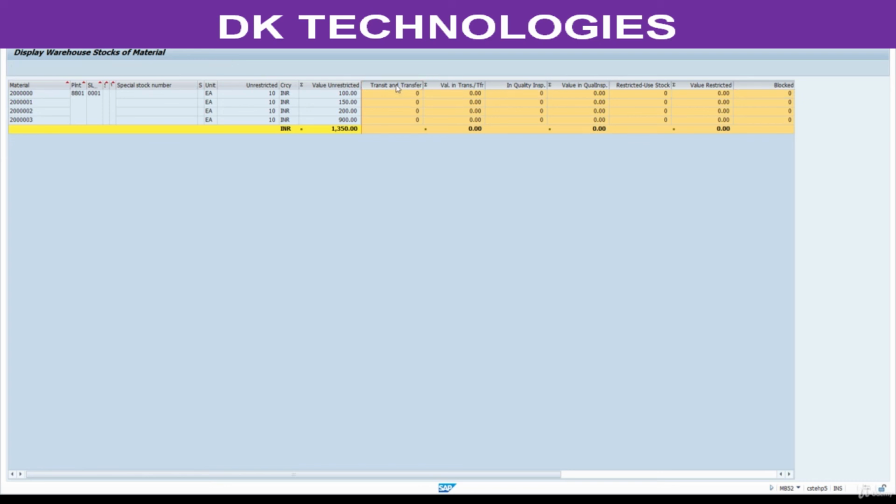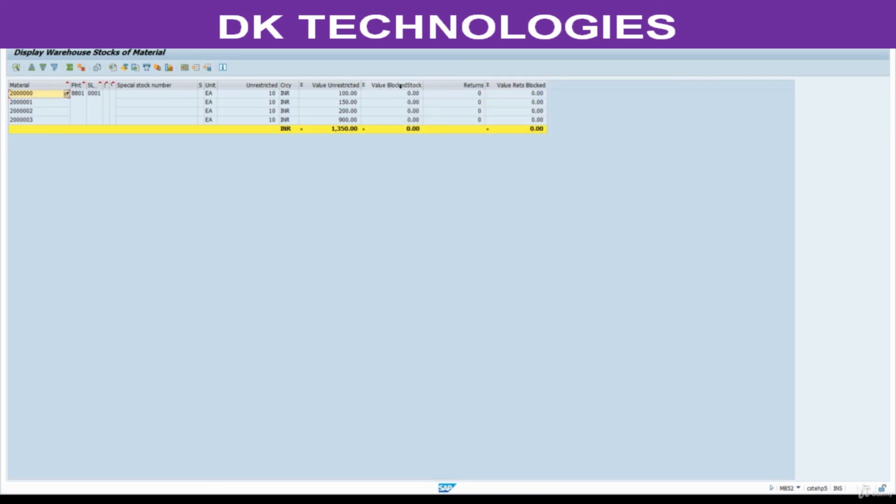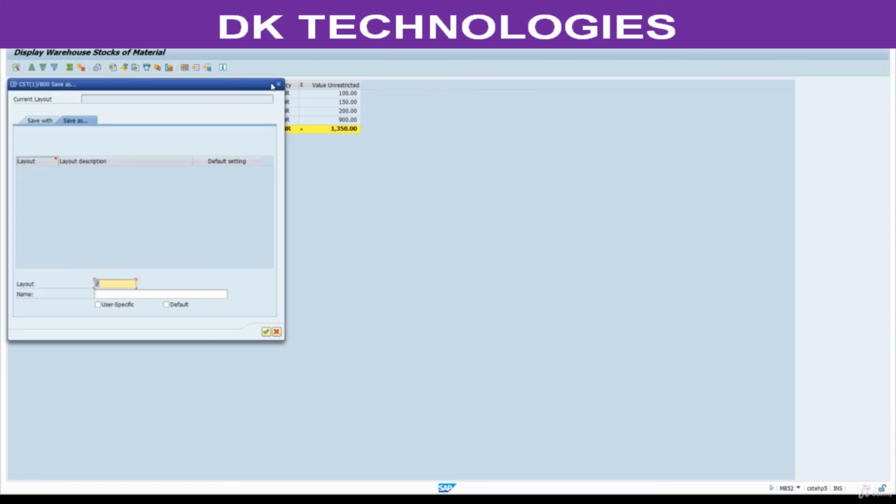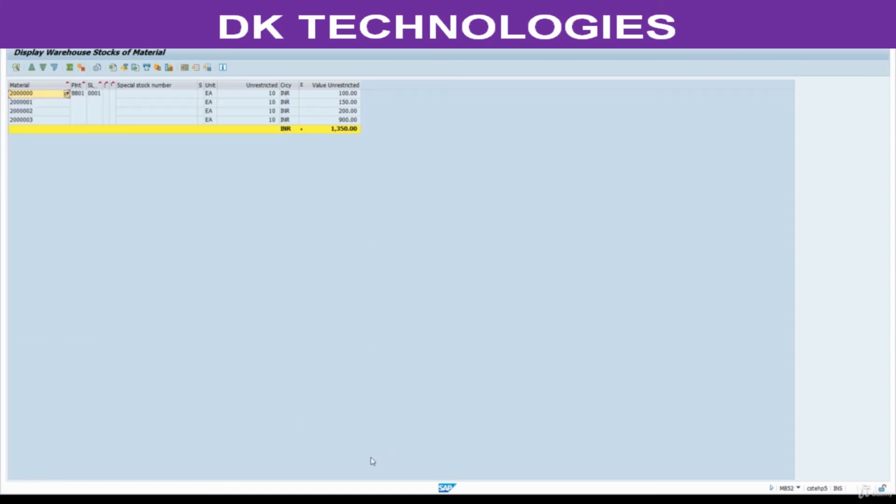I don't want to see this information, just hide it. The concept remains the same. See, this is change layout, this is select layout, this is save layout, this is totals, subtotals. Hope you understand. If you want to save this, you can save it. Thank you.